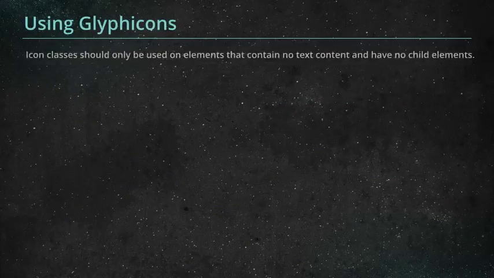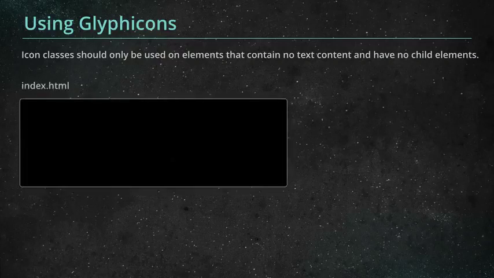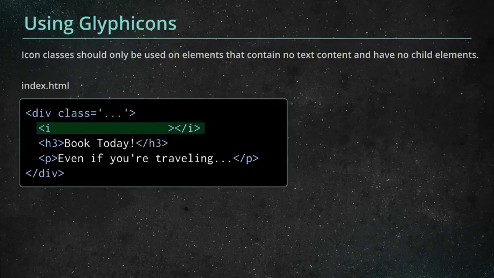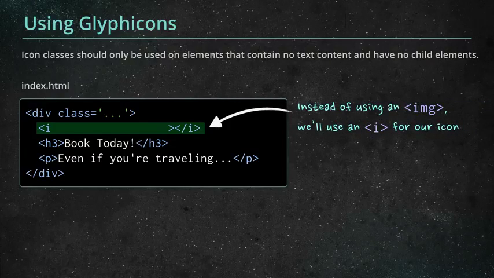So how do we go about using these icons? In our case, we want this icon to show up right above our Book Today header. To add an icon, we'll need an element to which to attach a class. We'll use an I element for this. This element was originally used for italic text, but it's become a standard practice to use it for icons as